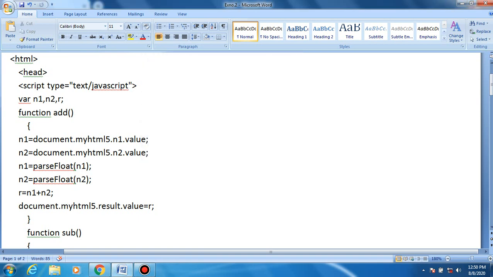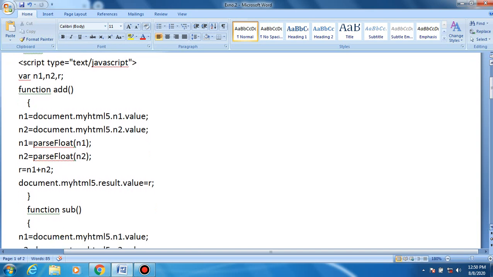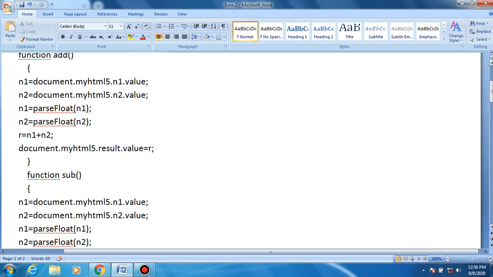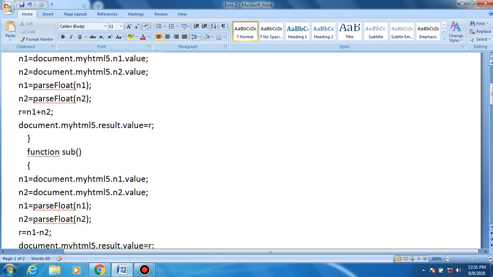The result value is equal to the first given number plus the second given number, which is stored in r. This program is written by the developers, or we have to write that program to perform the operations.